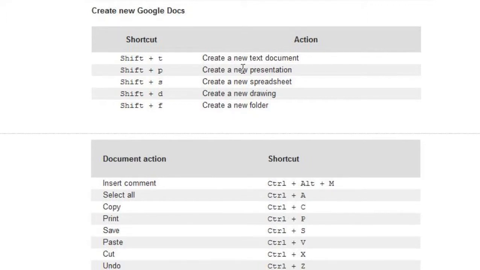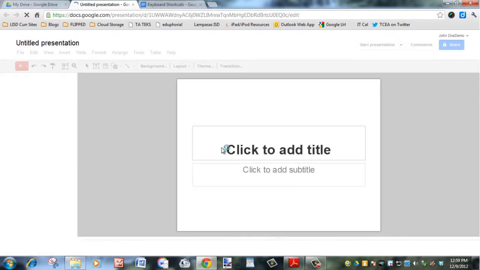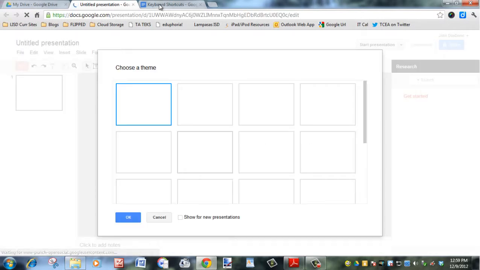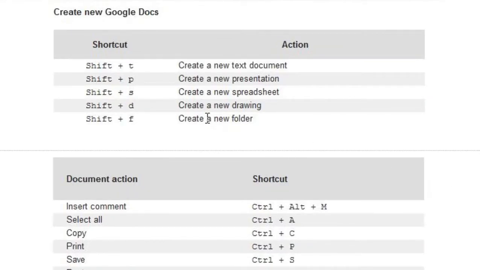These are the ones that I think you're going to use most commonly. Here's Create New Google Docs. If you hold down Shift and a T or Shift plus P, you can create new files right there within Drive. So if I go Shift P, it's going to create a new presentation for me. Okay, so other ones that we can use, I'll go ahead and cancel out of that, would include